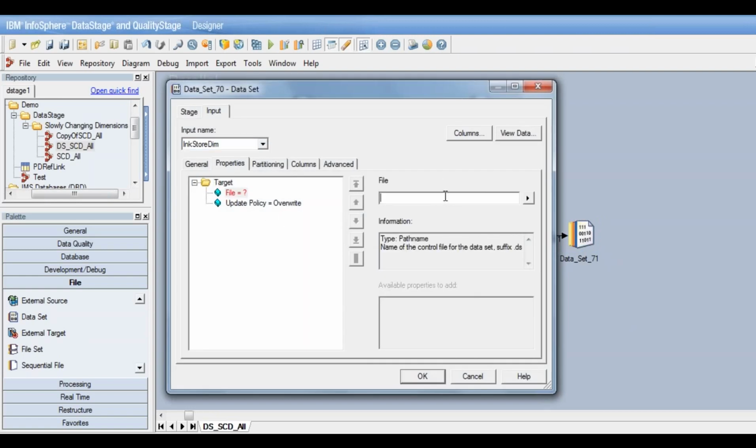Is this the only way that you can really build up a star schema in a job? Is there no other way of setting up the build for a star schema? No, we can design any kind of job to build a star schema. We can have separate jobs which will be loading the dimension tables, and separate jobs which will be loading the fact tables. That would be happening in most of the scenarios.